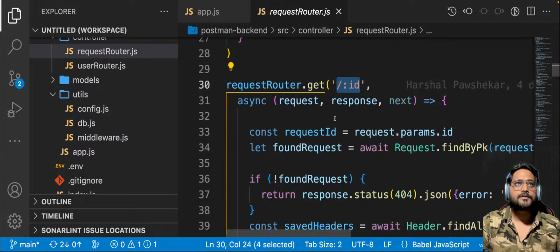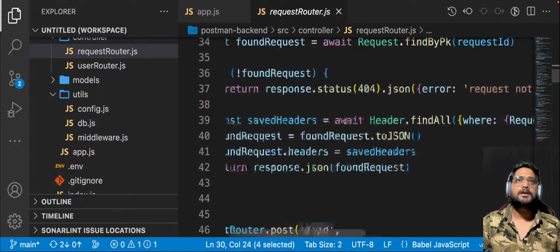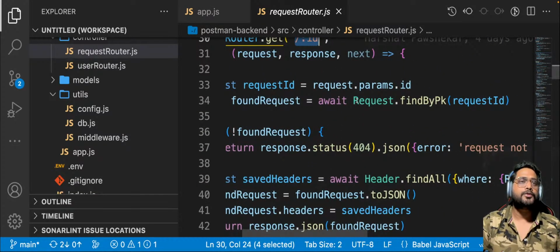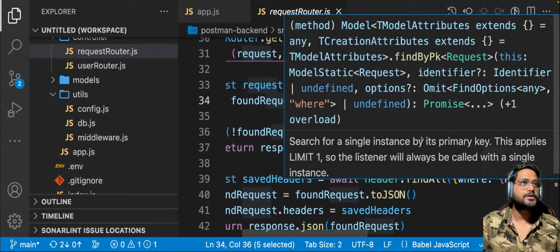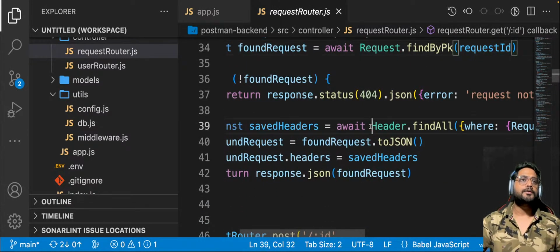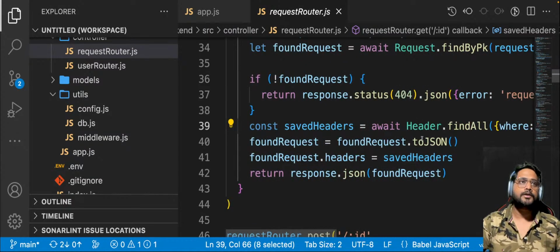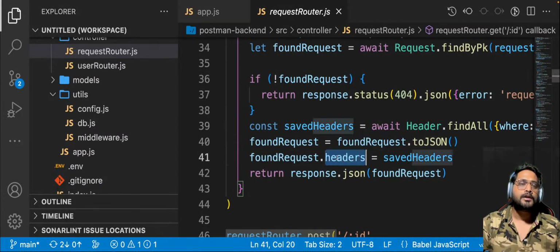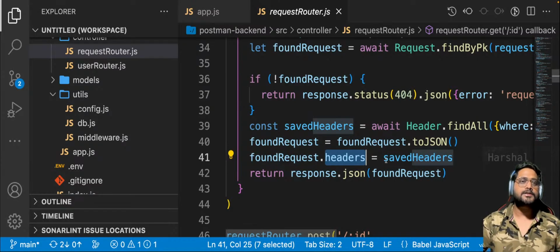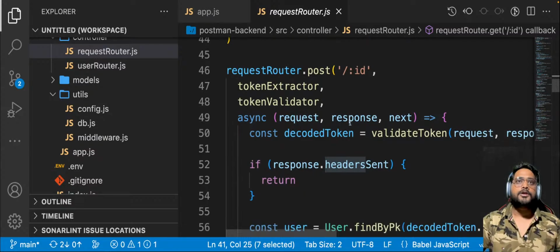If you want to get any specific request, then basically you have to find the request from request findByPk from the request ID, right? Find all the headers with the request ID, convert it into JSON. In the headers of the request, put all the found headers and send it back to the client. Okay,